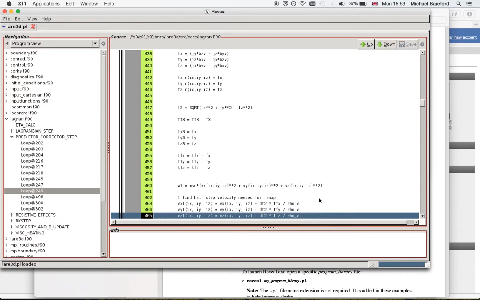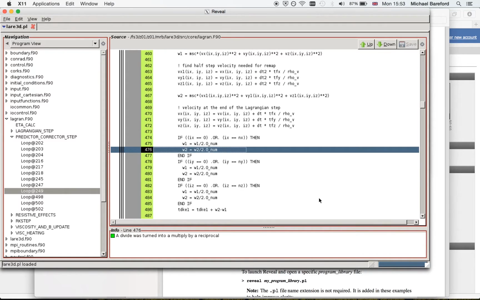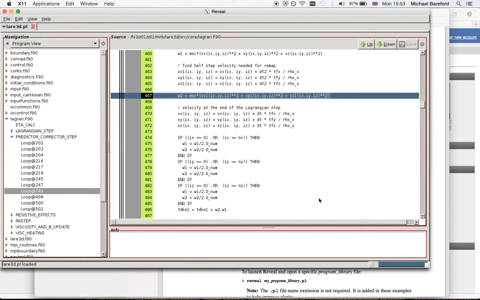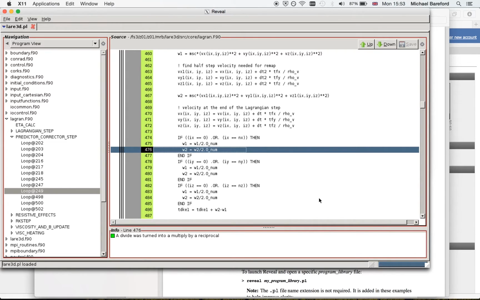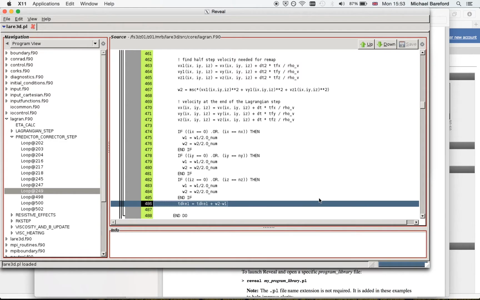Now this potential hazard was at line 475, and here it is. Here's the conditional code that's preventing the vectorization. Now these terms here, W1 and W2, those are basically the kinetic energy for a particular cell. So we have the velocity squared multiplied by some mass term. So what this set of nested loops does is it basically traverses the entire grid in calculating the force terms, and also working out how the kinetic energy changes over the time step, and that's what that subtraction does, W2